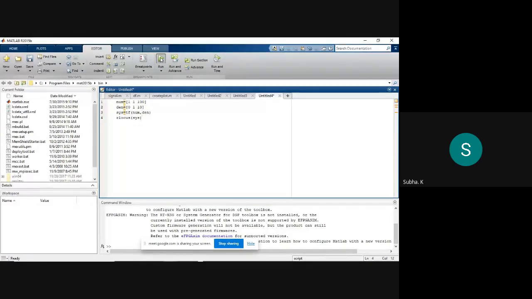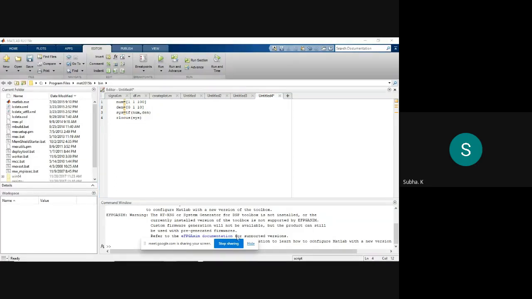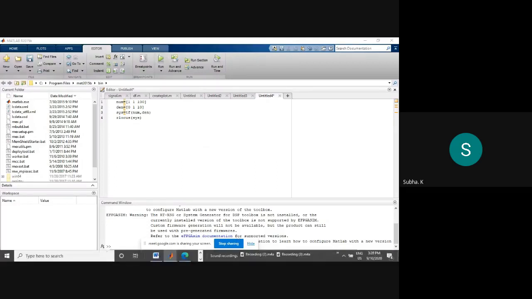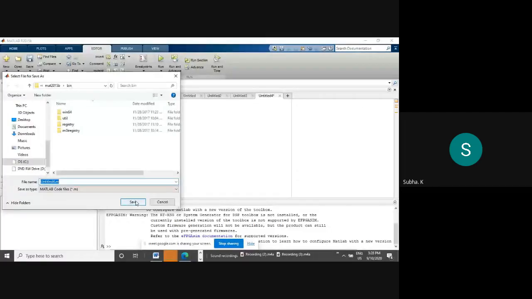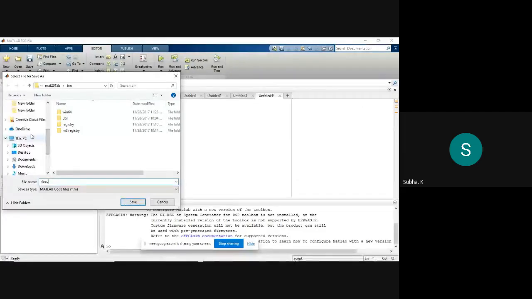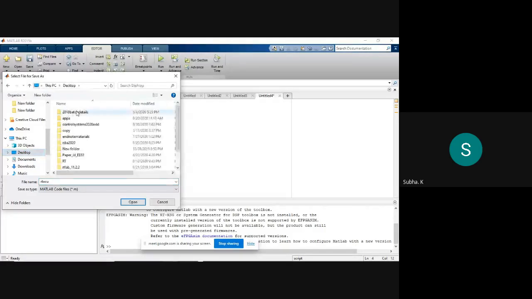Transfer function you have to derive from the block diagram. Then you have to type these things, and you have to obtain one figure, root locus. So 5 figures you have to paste in the experiment. Let it open. It will automatically open one more figure. I think it is asking me to save, so I will save root locus, somewhere on the desktop.